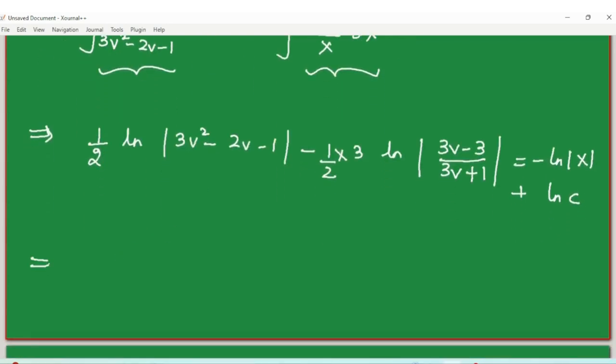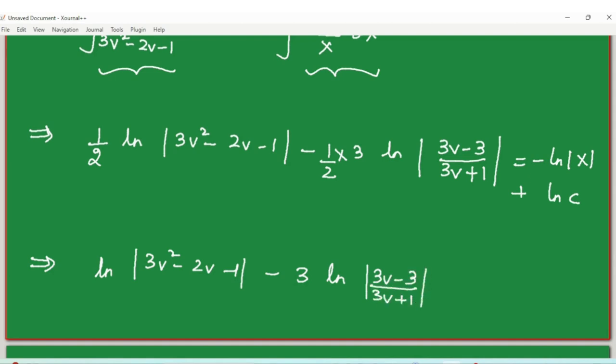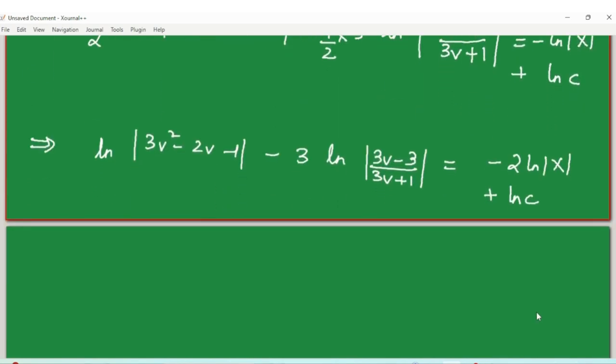which helps us to simplify it more, and we can take 2 common, we can take 2 with this to make it 3v square minus 2v minus 1, then you have a minus 3 log of 3v minus 3 upon 3v plus 1, and then we take the 2 here because we are multiplying throughout with 2 to take